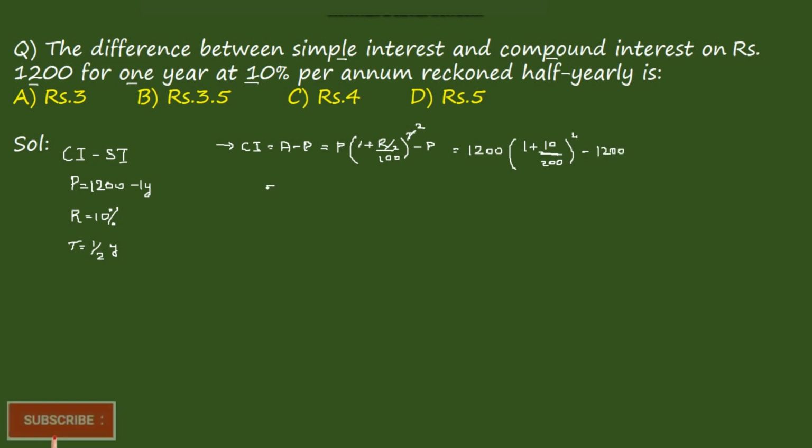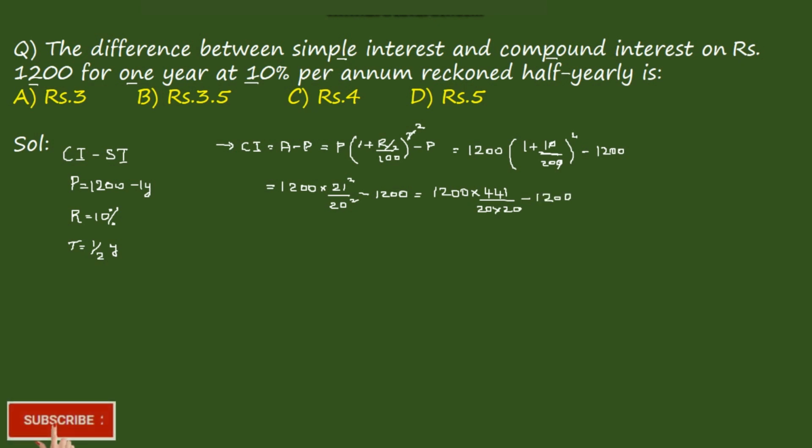Which is equal to 1200 into, the zero gets cancelled, 21 square by 20 square minus 1200, right? Which is equal to 1200 into 21 square, which is 441, by 20 into 20, right? Minus